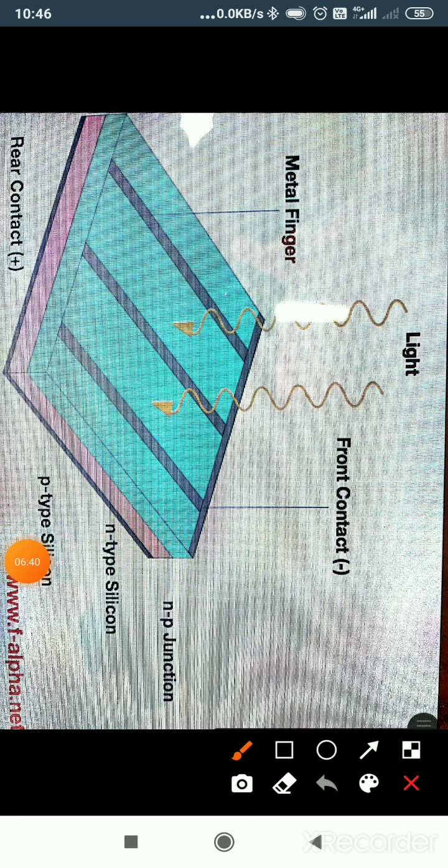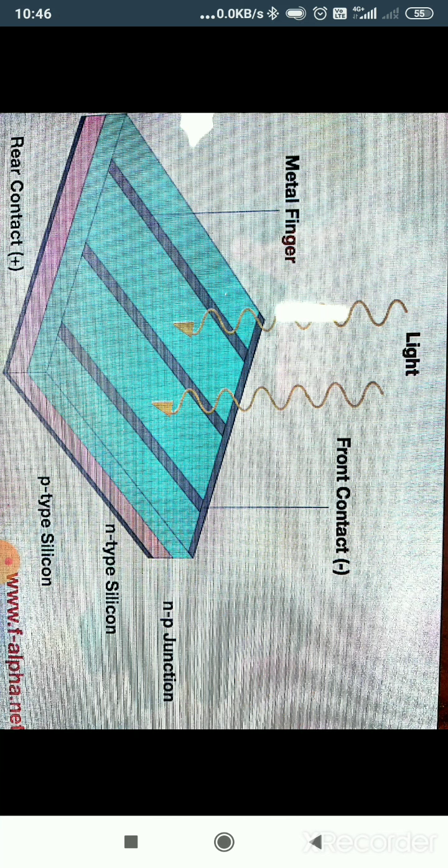Understood now? Here the top layer N region is made thinner compared to the P region. The reason is that the light energy which falls on the N region has to penetrate and reach the depletion region, because there only we have a junction. There only the electron hole pair will be generated. If it is thicker, the light loses its intensity and energy. For that reason the N layer is made thinner compared to the P region.